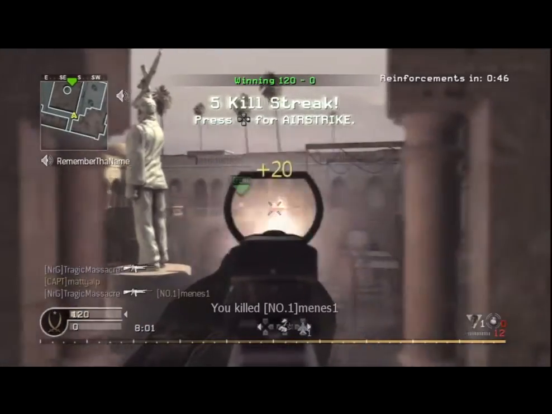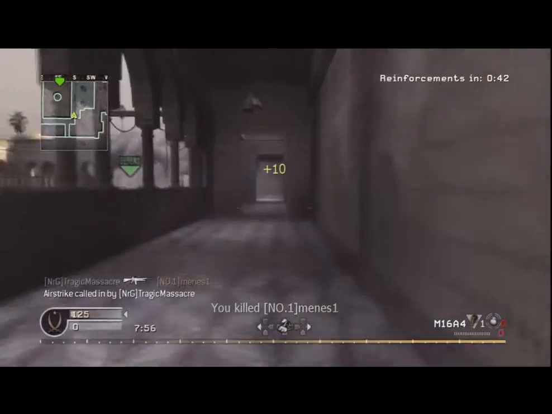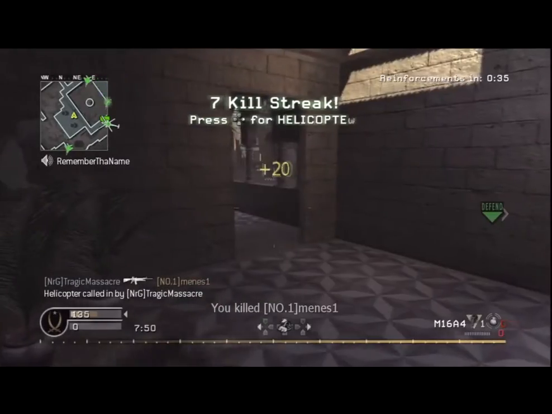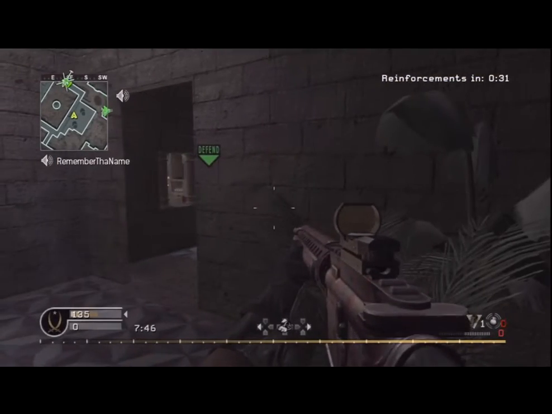So, right here, I'm doing a great job of defending my headquarters. I'm the only one left, and I'm not even near the headquarters. I'm kind of watching from far away. But yeah, I think they need to get rid of the perks that overpower and give more diversity, because as